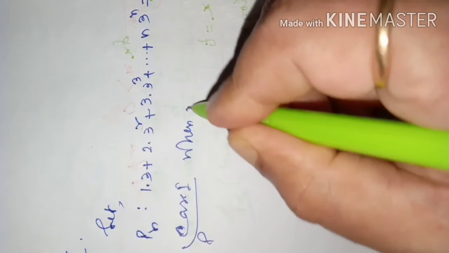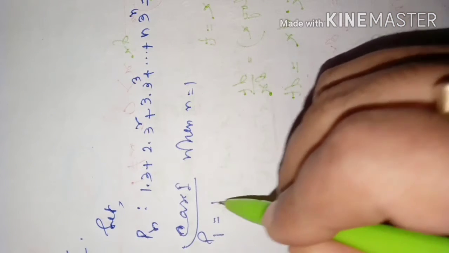At first we prove it for n equal to 1. So this is case 1. When n is equal to 1, then P1 is the first term. n equal to 1 means actually the first term, which on the left hand side is 1 into 3, that is equal to 3. And right hand side